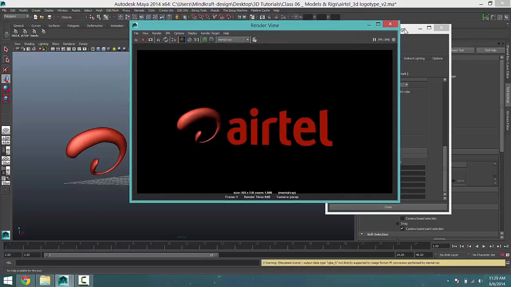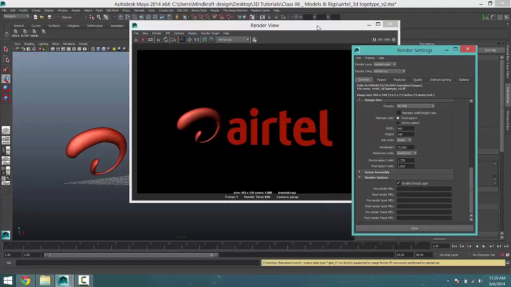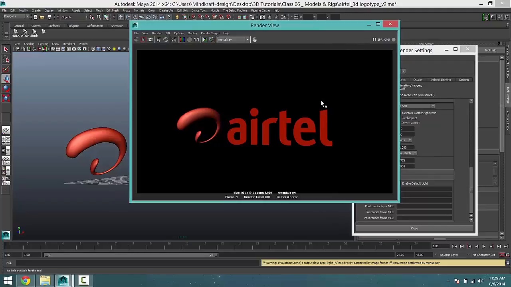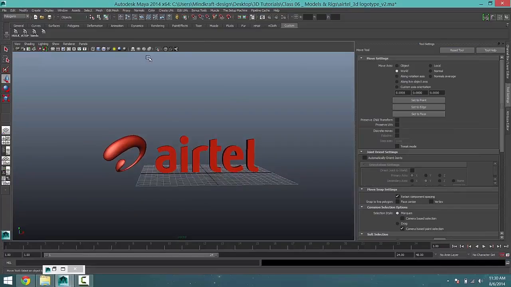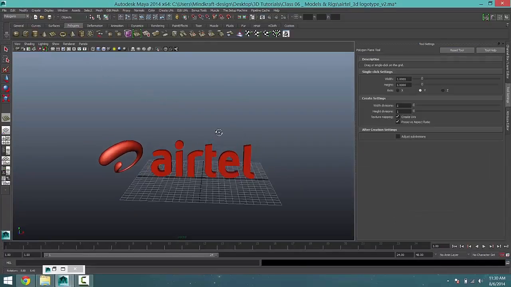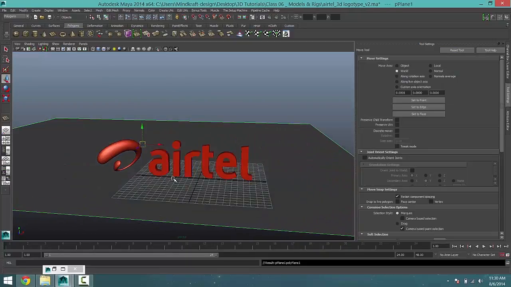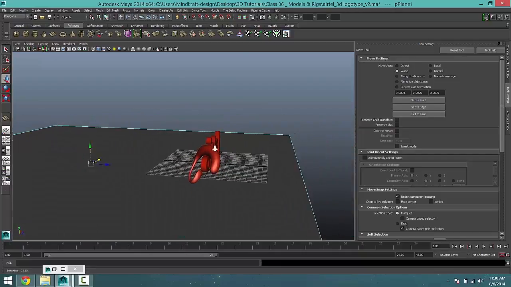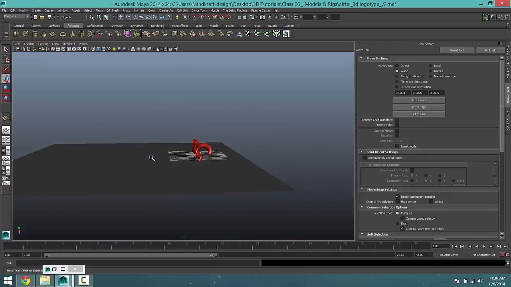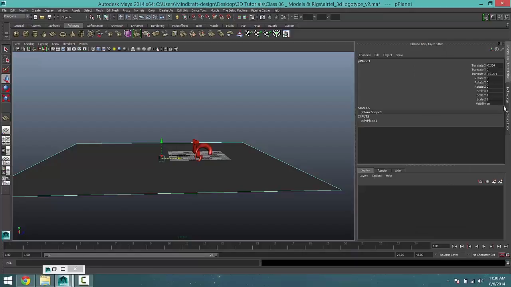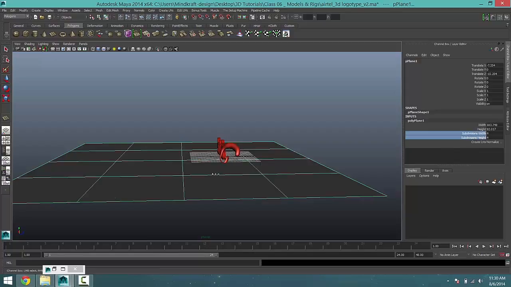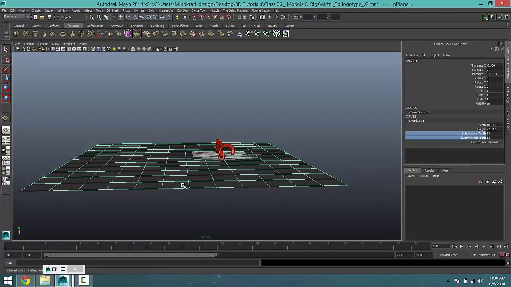As a matter of procedure, I advise that you don't just use the render settings, the default light to render a scene. You want to create your own light, create your own effect on your object, right? So let's close this up for a bit and just set this scene up a bit so we can work with it. I want to create a floor plane, right? That will become the floor for this thing that I'm creating. And then I want to quickly set up a background so that the scene looks closer to what you might get in a